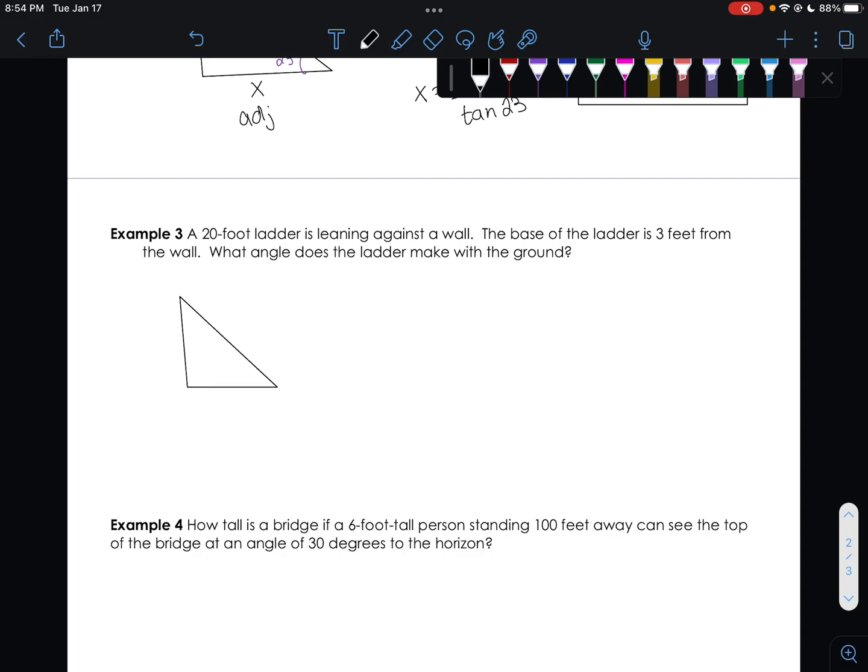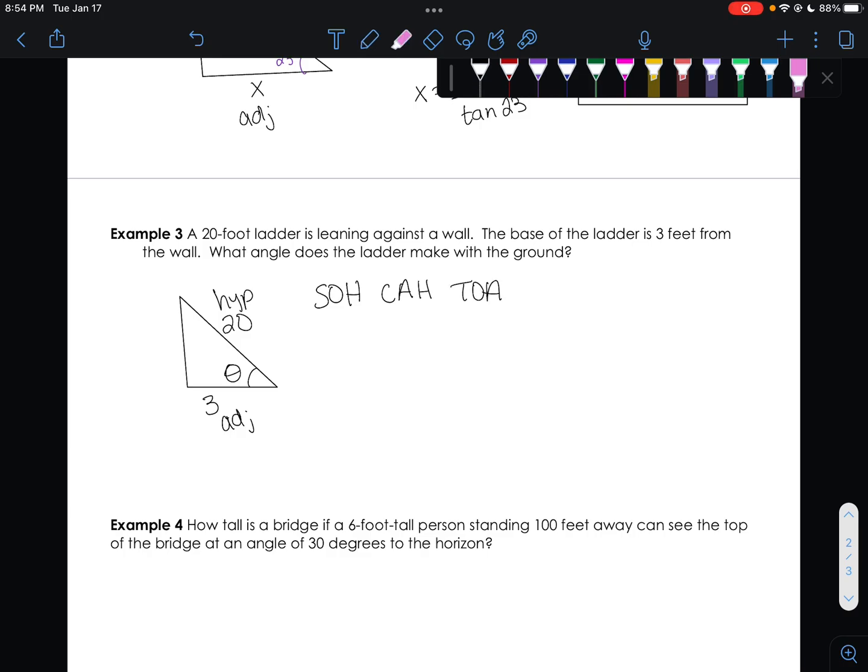So we know we have a 20-foot ladder that's leaning against the wall, and the base of the ladder is 3 feet from the wall, so 3 feet here. What angle does the ladder make with the ground? So here's the angle right here. We know that we have the adjacent side and the hypotenuse. So if we think about SOHCAHTOA,